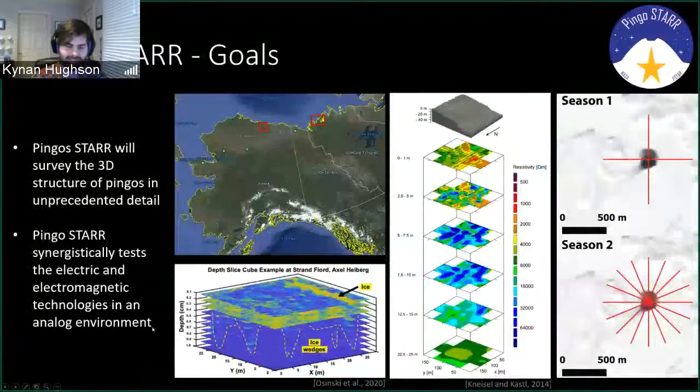And the final goal of this is twofold. One is we want to create the first and best three-dimensional geophysical look at pingos of different varieties in both the Alaskan Arctic and the Canadian Arctic over the next 3 years. These are perennially understudied landforms that have never really been given more than a single GPR section or single resistivity survey. We want to go out there, and we're planning to collect a multitude of cross-sections to build these really detailed 3D profiles to understand what they are at depth